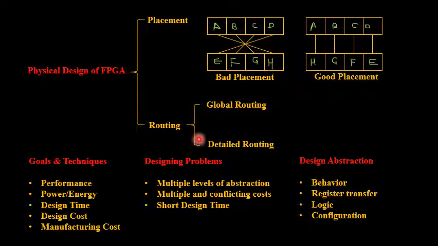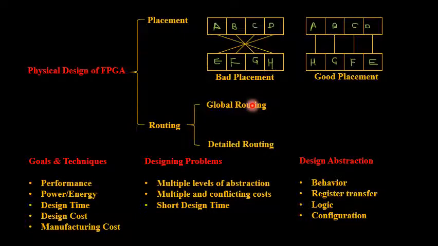Next, coming to the concept of routing. Whatever interconnects I was talking about in these two cases is nothing but routing. Routing is nothing but how you are going to make the connection or the interconnects between each and every individual logic element or input output block. Now the routing, that is the wiring connection, can be categorized as either global routing or detailed routing. Global routing means I don't have to bother about the exact geometry of the wires. It can take any shape, it can take curves, it can take straight lines, it may not take straight lines.